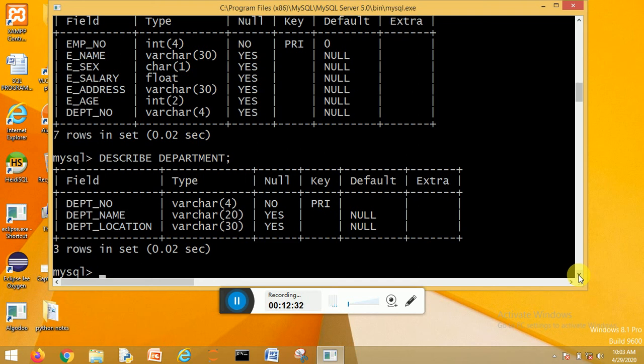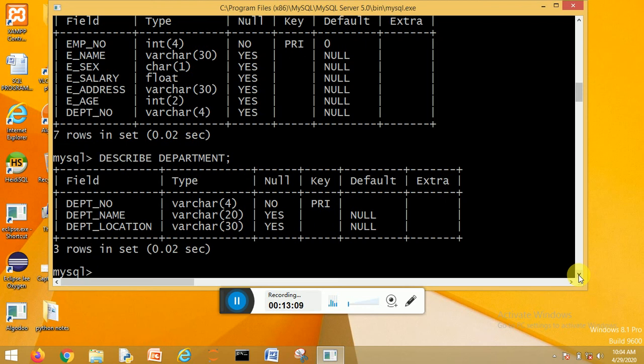In the department table, the dept number column exists with data type varchar and size 4. That means both tables have the same column dept number, same data type, same size. But in the department table, dept number is a primary key. So this primary key dept number in the department table will act as a foreign key in the employee table.